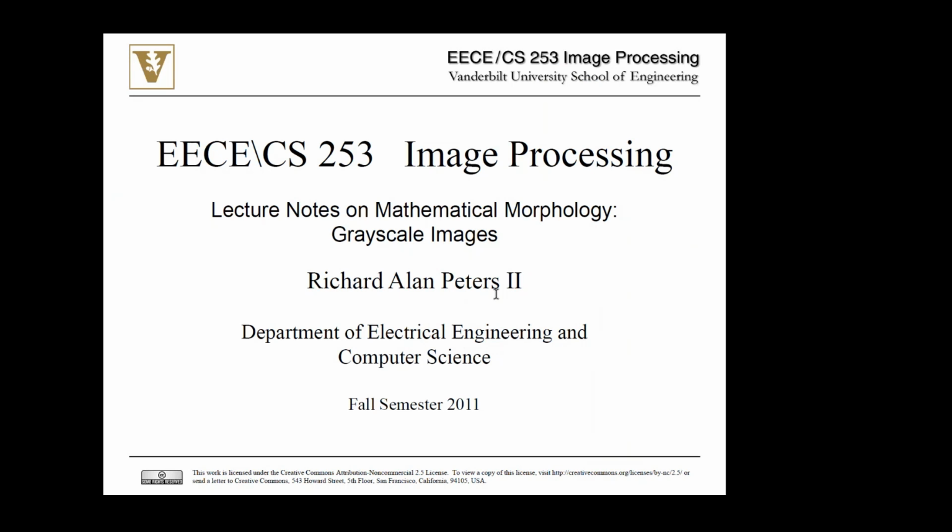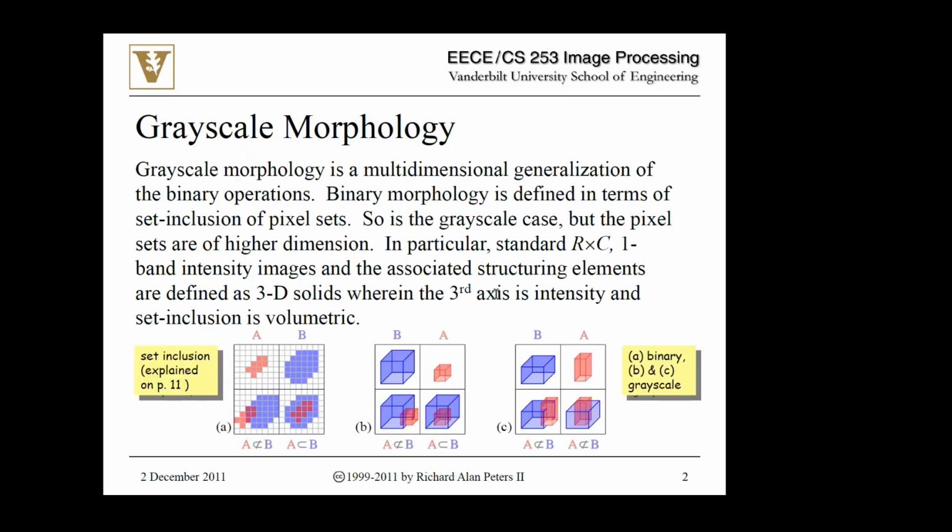So yesterday we were seeing mathematical morphology for binary. Now we will extend these concepts for grayscale images. So let's see how to do that. Okay, so yesterday we saw that one of the key concepts in this mathematical morphology was the concept